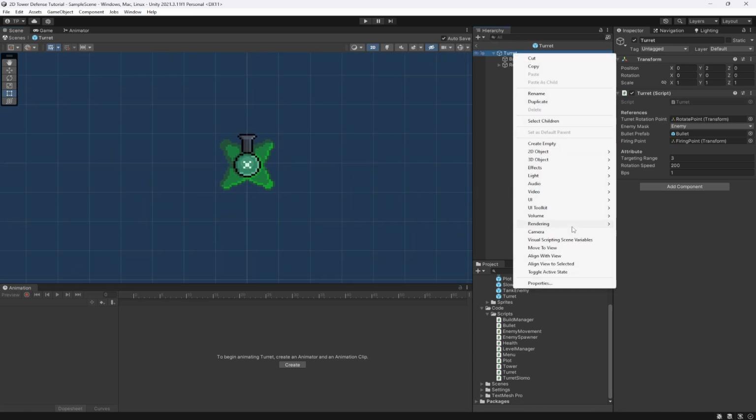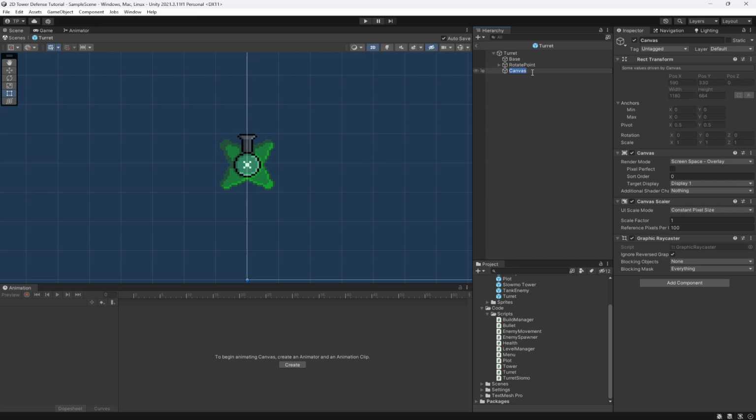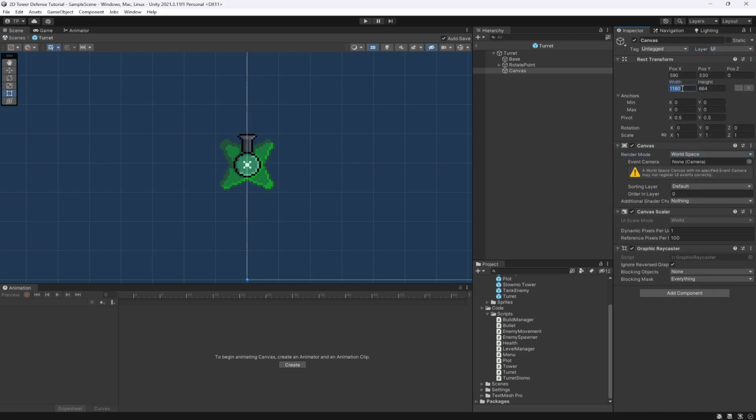Now we need the UI to actually handle this, so we're going to create a new canvas, which we're just going to leave as Canvas, that's fine. Let's change this to the UI layer, because this will be important for later on. And what we want to do is change this to world space. Now I'm going to set this to something like 300 by 100 and set this to be about